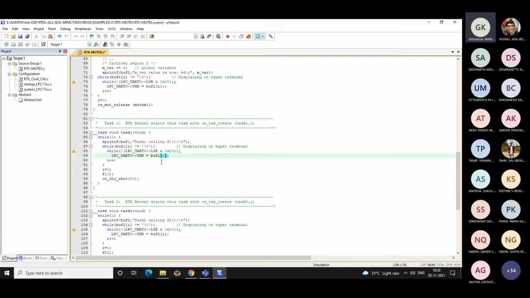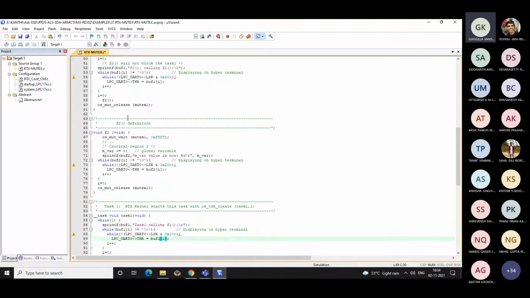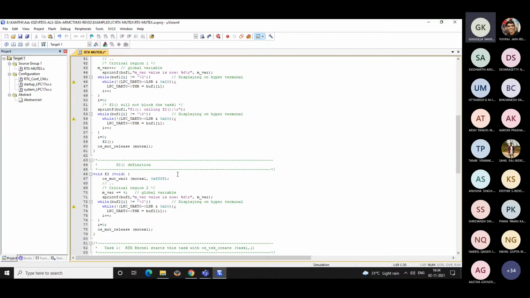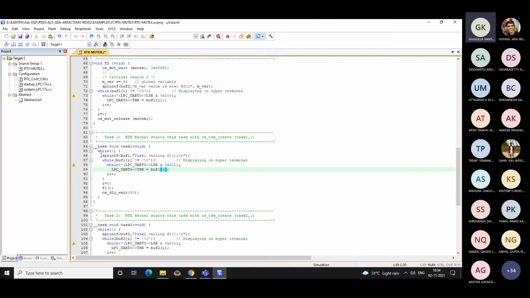So task 1 calling F1. Okay. So in task 1, you have buffer 1. I mean, that is the array which we have declared here. Buffer 1 and buffer 2 for task 2. So in task 1, you put a message saying that task 1 calling function 1. This is the message which we are sending.